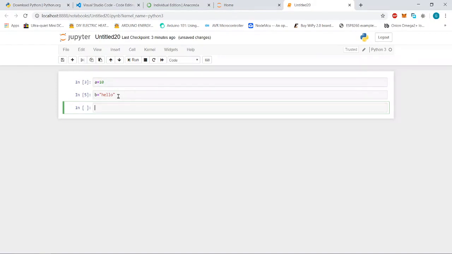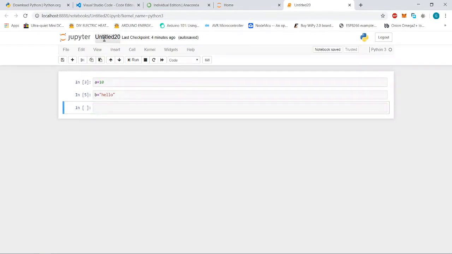This Jupyter Notebook will be helpful specifically while you are working on data science or machine learning applications, where you will use frameworks like pandas, keras, scikit-learn, tensorflow. Whenever you are using those kinds of libraries, this kind of line by line debugging will help us to find the problem. So I personally recommend you to go with the Anaconda Jupyter. This Jupyter Notebook will help us to easily keep track of our program.